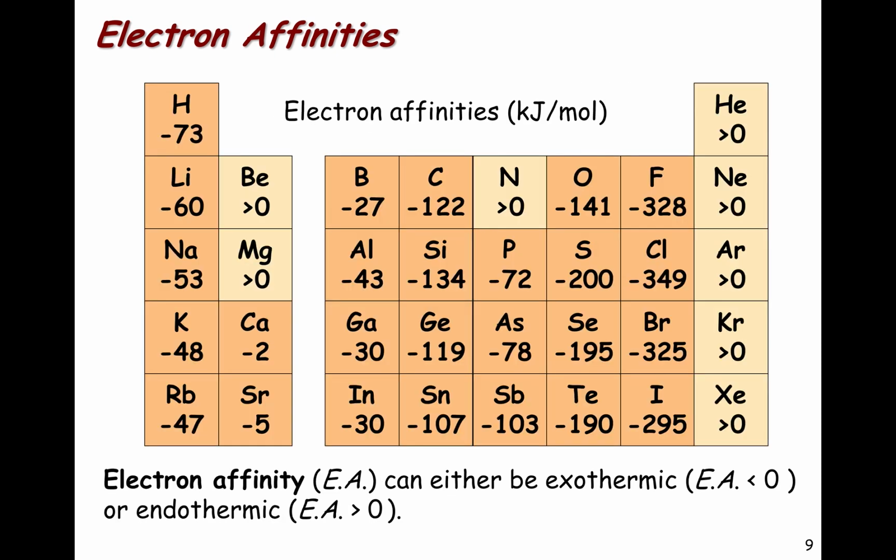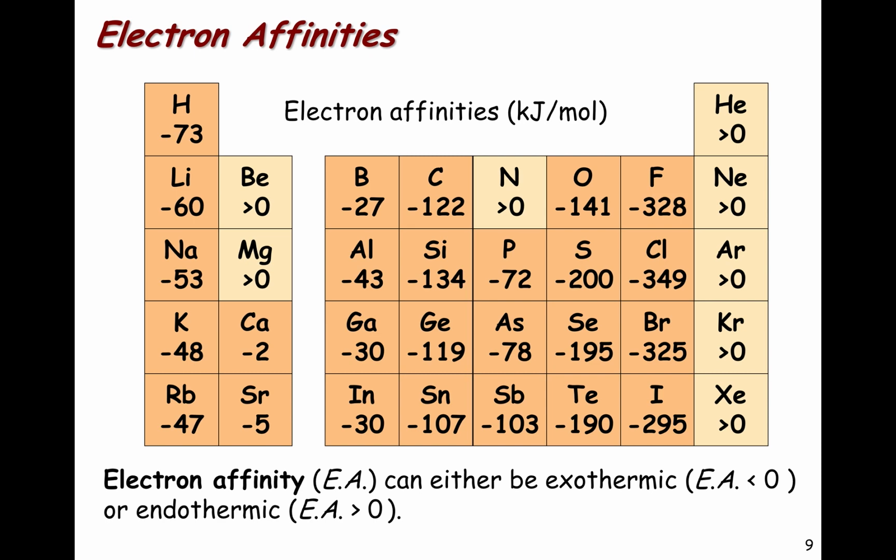Shown here is some data for the electron affinities of the various main group elements. In general, the electron affinities are negative with a few exceptions. This is generally true because the negative ions of most of the nonmetals are more stable than the neutral atoms themselves. The major exceptions being the noble gases, which are positive values because to put an electron into this atom, you would have to go to the next higher shell,